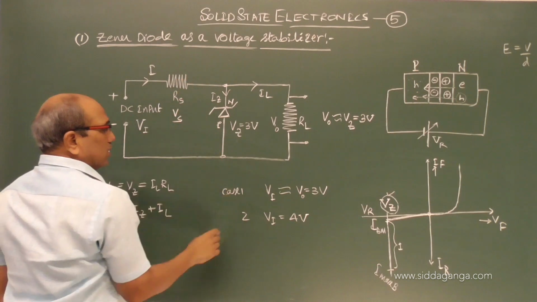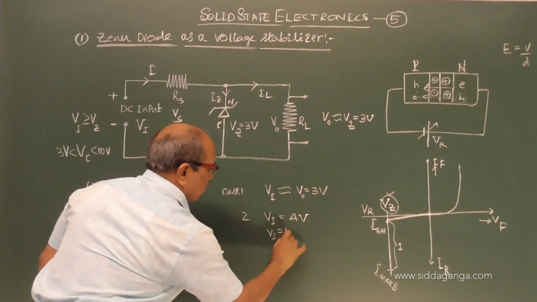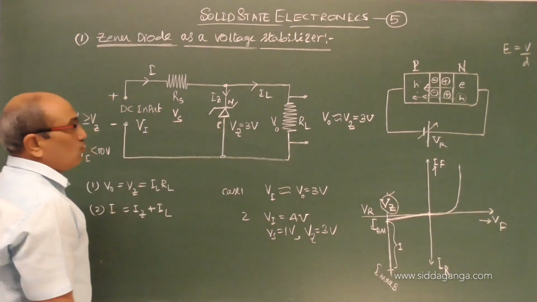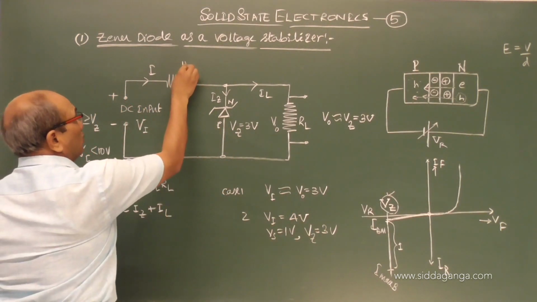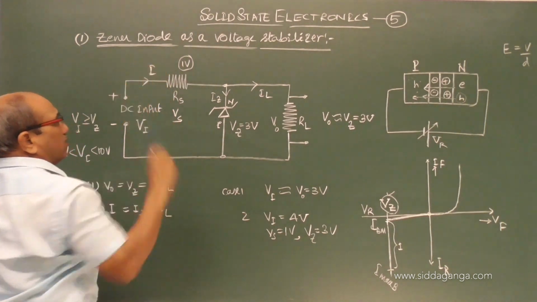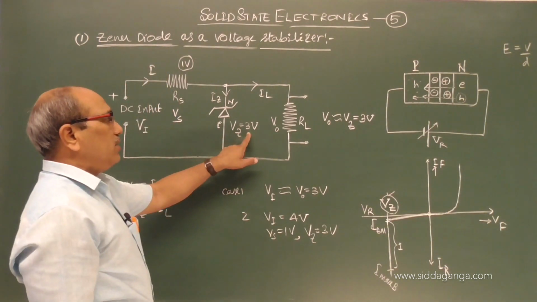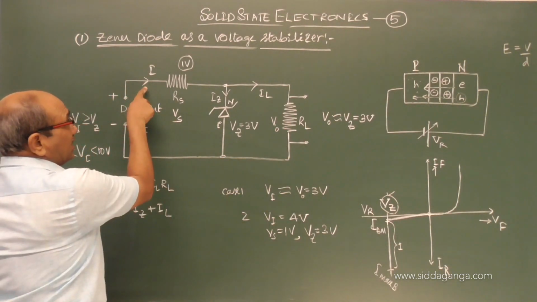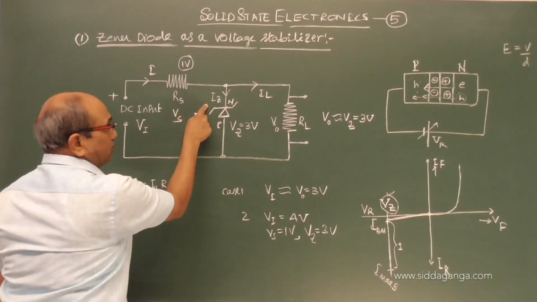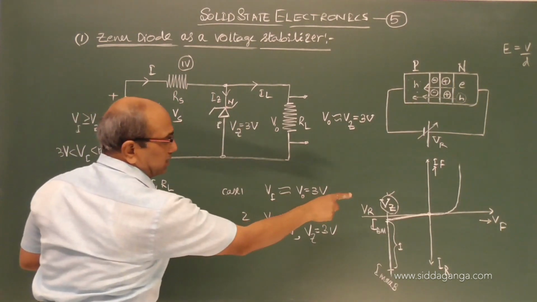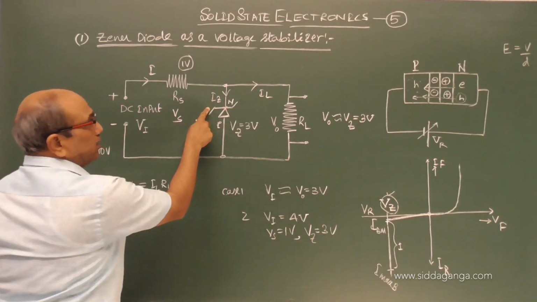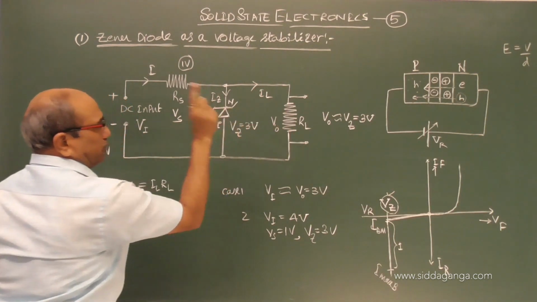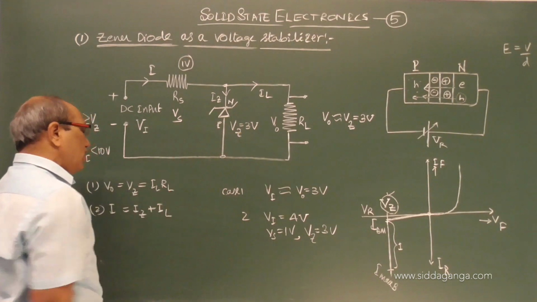Now in this case, I can say Vs becomes 1 volt and Vz becomes 3 volt. I hope you understood. Here it now shows 1 volt corresponding to the current, and the 3 volt appears here, the same 3 volt. That means the increase in current is shared by the Zener diode. If the voltage is higher than the Zener voltage, then IL will be adjusted so that IL into RL equals 3 volts. That is equal to the output value.